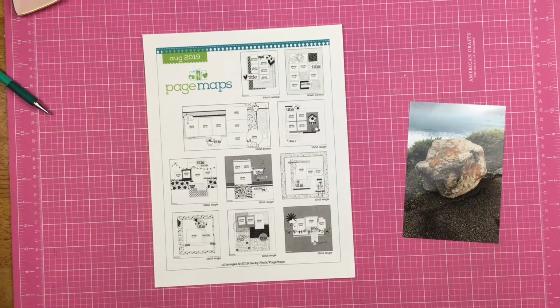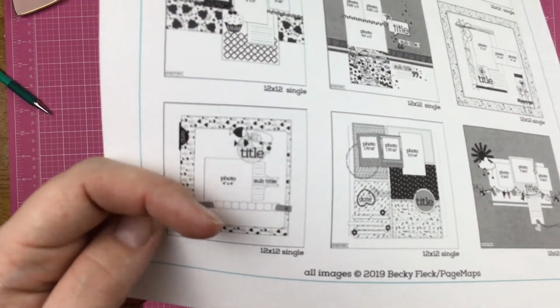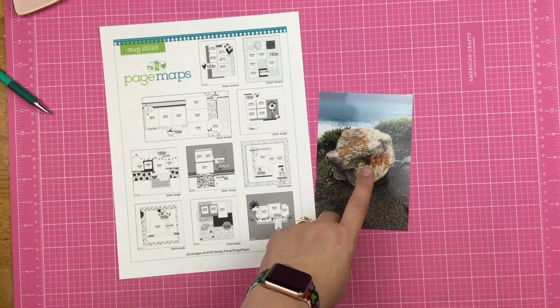Guys, Sandy here, and today I am up for Crafty Maven and I'm going to be sketching it. Today I'm going to use this August 2019 page map sketch. I'm using this one down here with a 4x4 photo, and I'm actually going to be scrapbooking this one photo